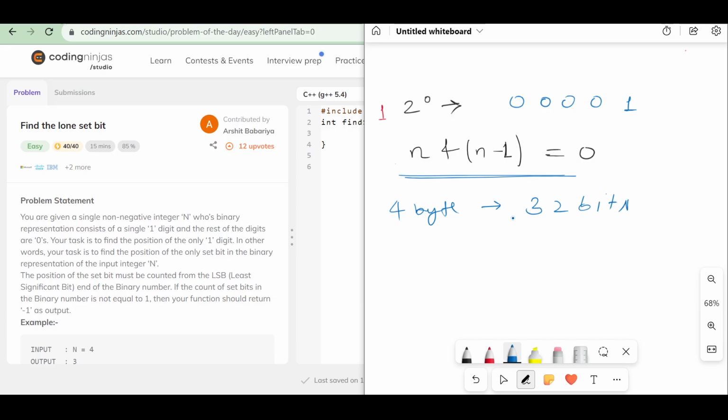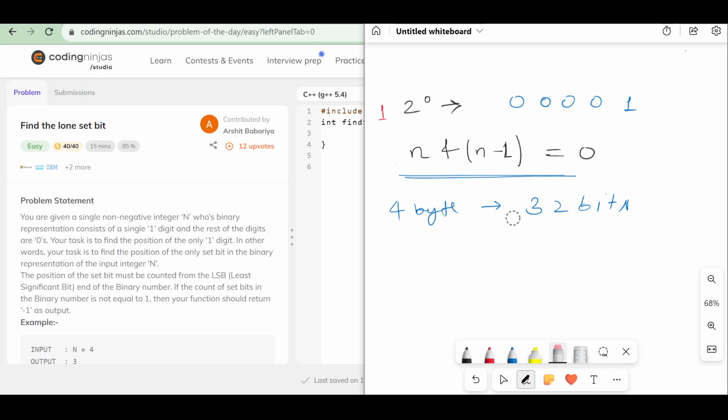So our answer will lie in the range from 1 to 32 only. So I am going to put a for loop from 1 to 32, and I'm going to check each bit if it is set or not, and at any point when I find the set bit, I will return the current iteration of the for loop,